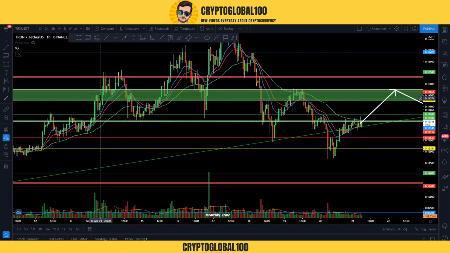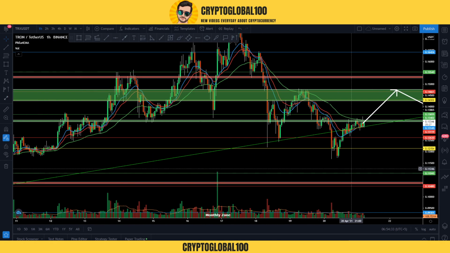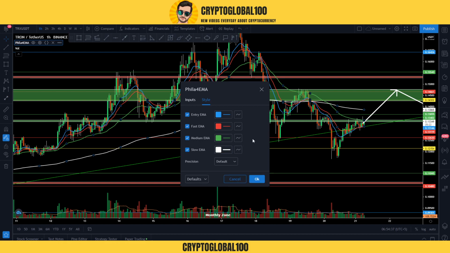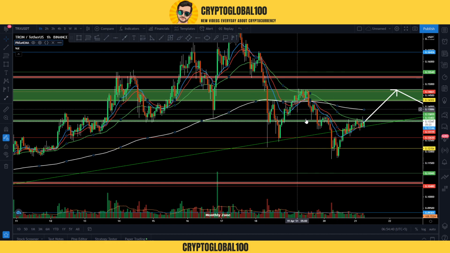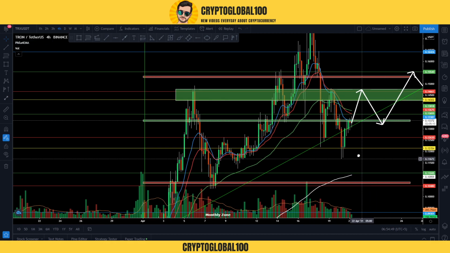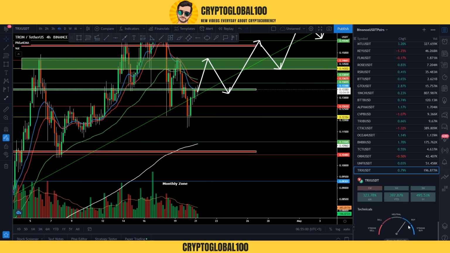If we look at these EMAs, you see there are the EMAs. Let me just clear it. Okay, on the 1 hour chart, the price is below the EMA. We also need to break through this level as well. If you look at the 4 hour chart, on the 4 hour chart it's bullish. Let me give you what the technical indicators are showing